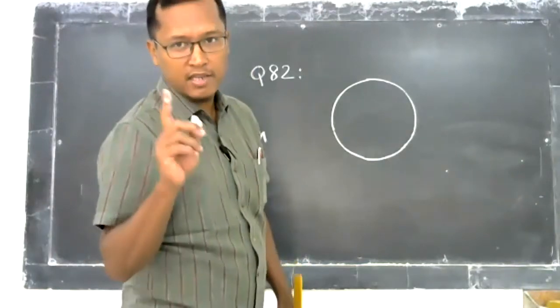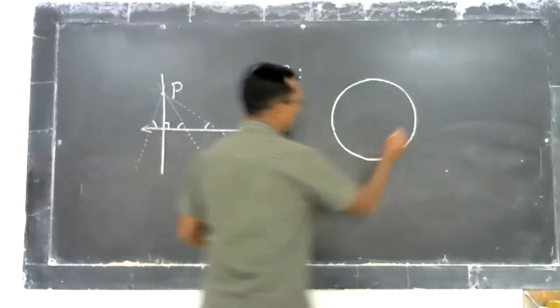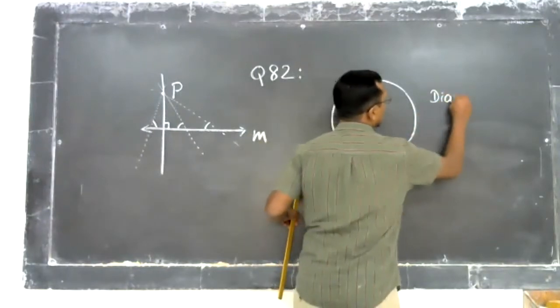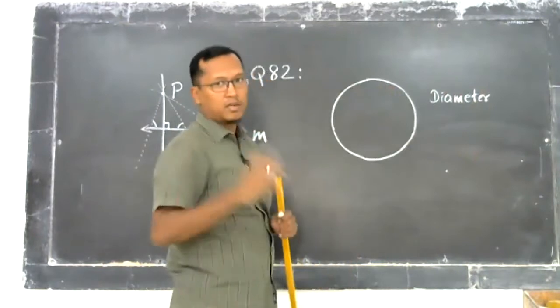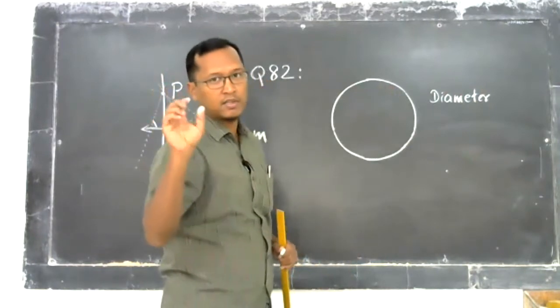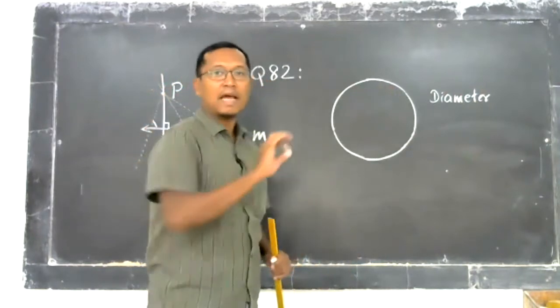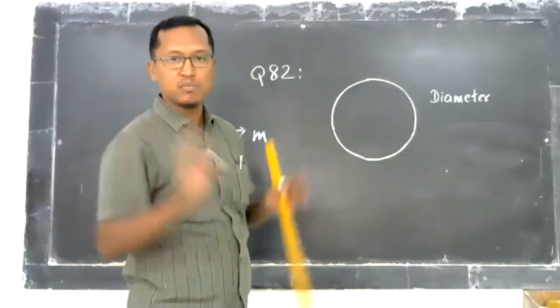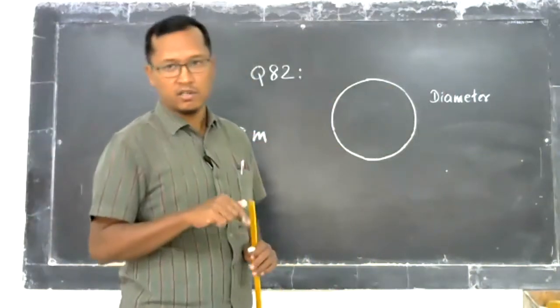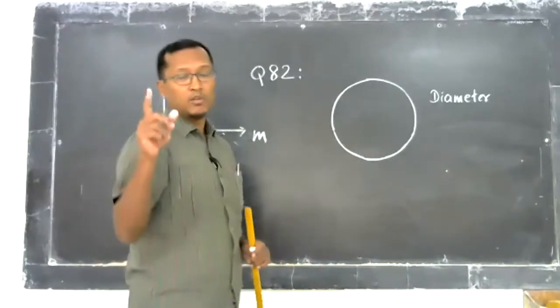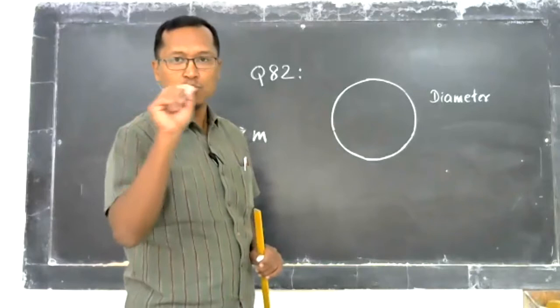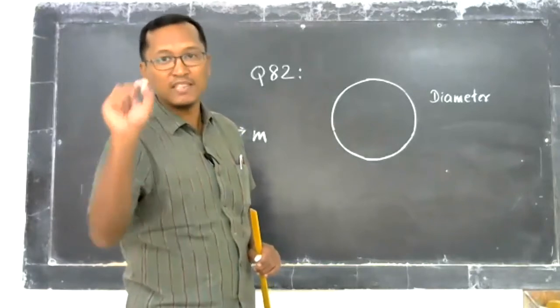So what is the point of a diameter? If you want to draw a diameter, two conditions have to be fulfilled. We can simply say the diameter is the longest line that is possible to be drawn inside the circle. Okay, but how to draw it? The way to draw it is a diameter has to pass through the center of the circle.